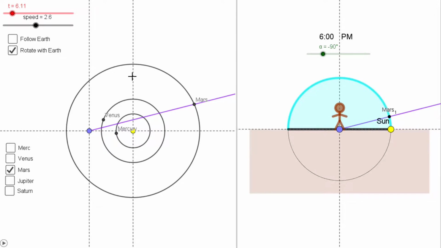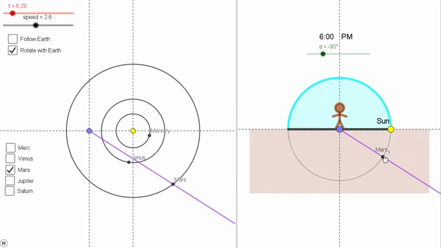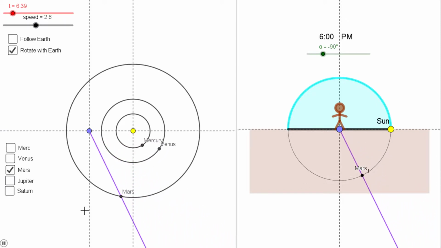So from that frame of reference, Mars simply appears backwards. So as long as you can wrap your head around what we're doing to get this point of view, let's just watch Mars, and it's going to go around the sun. Right now, it's far beyond the sun. It's going to look small and faint, and as it comes around to here,